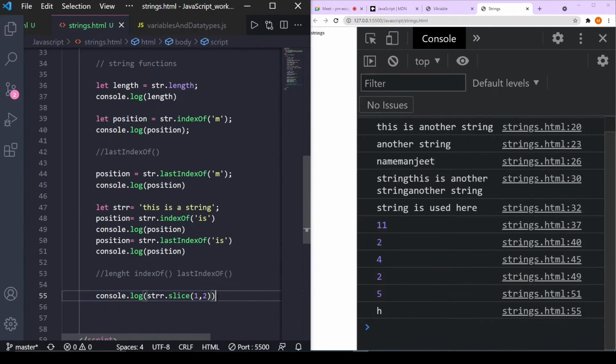So the thing is, it will include the first parameter we have given, the start index, and it will omit the end index. For example, if I give 3 here, it will give the characters at index 1, 2 and not 3. So let's see, it has given hi. So this starts from 1 and 2, and 3 it will omit. Like an open bracket at 1 and a close bracket at 3.